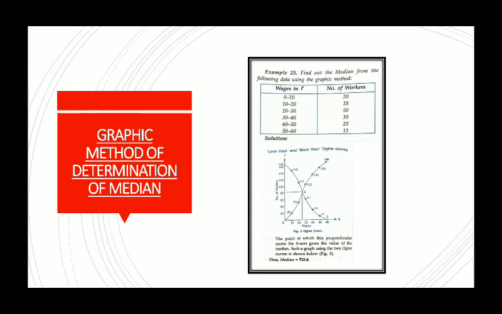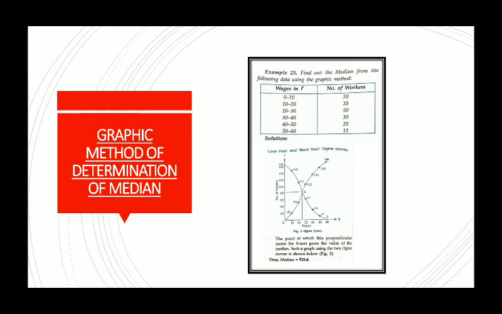So here we have seen an example where the class is showing the wage in rupees and the number of workers is given. So using this data, we will calculate the less than type CF and more than type CF, and then we will draw the curves, which is the ogive. We have done it previously. So draw the less than ogive and more than ogive. Now the point where the two curves are intersecting will be marked. And the point at which the perpendicular meets the x-axis gives the value of the median. Okay, in this sum we can see that the median is rupees 25.6.